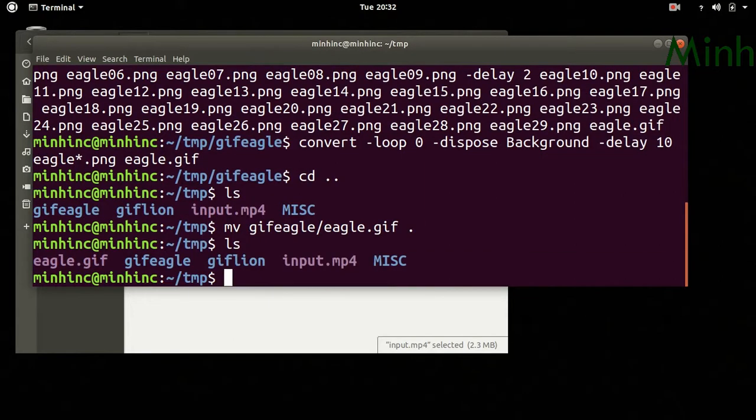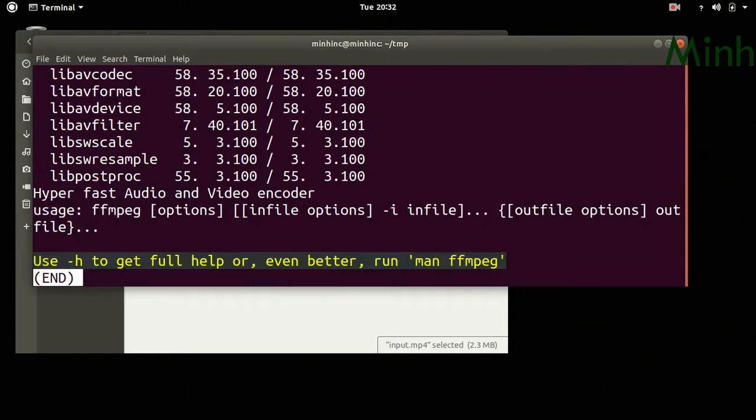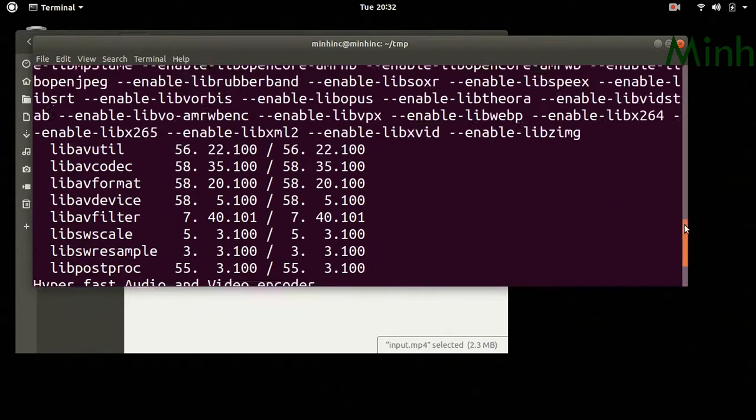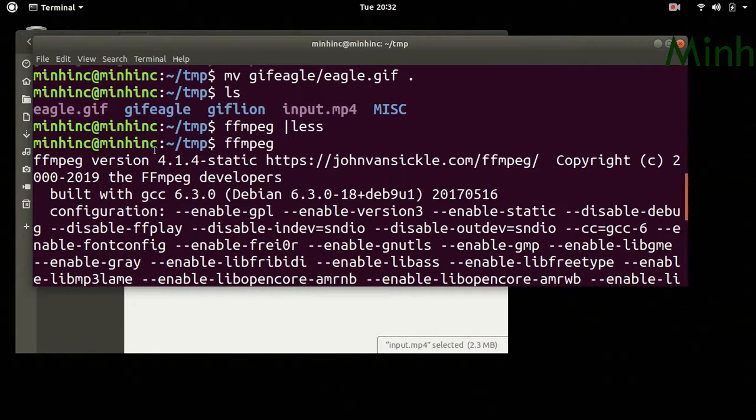Now we will use FFmpeg. We are using FFmpeg version 4.1.4 static.